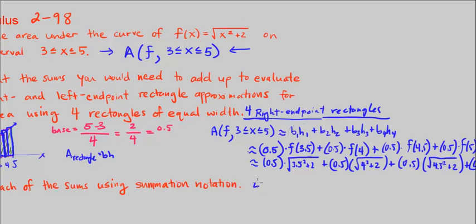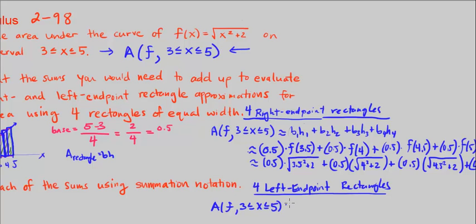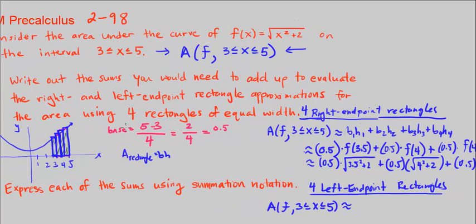So let's go ahead and say, well, if we use 4 left endpoint rectangles, what is my area going to be? The area between the function bounded by our x-axis and between 3 and 5. It's approximately, so looking at the picture now, we still have the rectangle here with the base of 0.5, but now we're going to use the height going all the way up to where the left side of the rectangle rises up. So it stops there, and you see how this one is going to make it a little shorter,